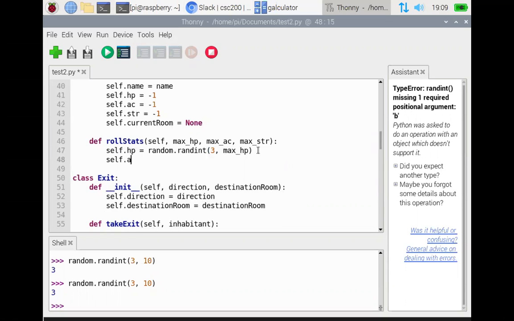Mr. Lippman, would it be simpler to just equal it up to where the -1 is instead of doing the roll stats? What do you mean? Well, but then you're hard coding it in here. You know, if you're saying 14 or something, the reason I want to do it in roll stats, not so much that it's simpler or not simpler,